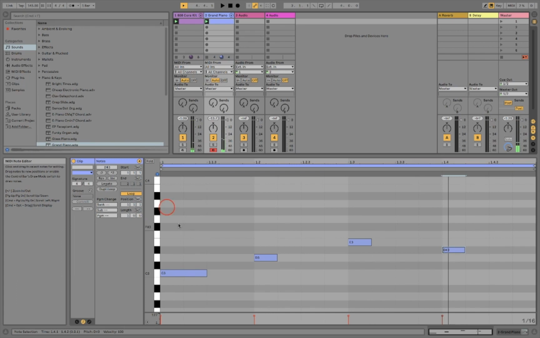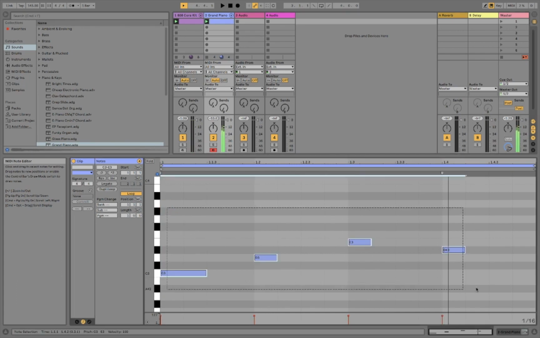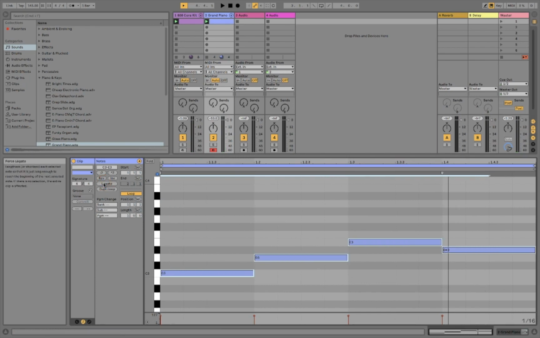Okay, there's some stuff there I like. I'll show you one little trick straight away. This is a great trick in Ableton. Select those notes, click this little button here, legato. You see what that did? It lengthened all those notes out. So now if I play that,